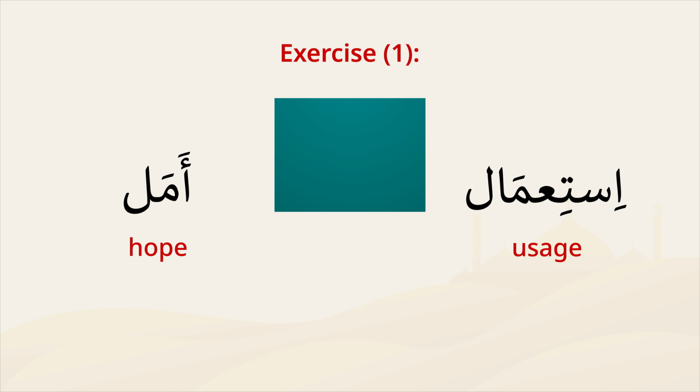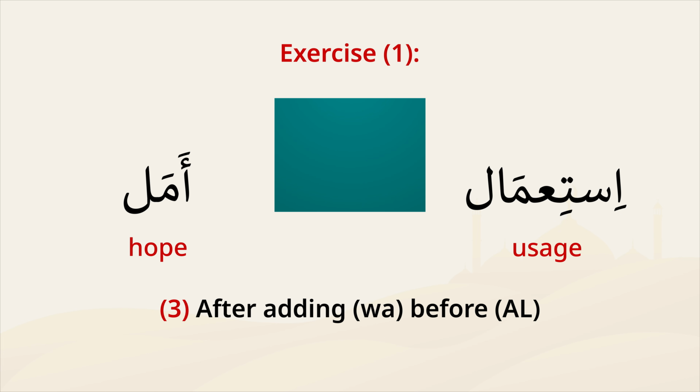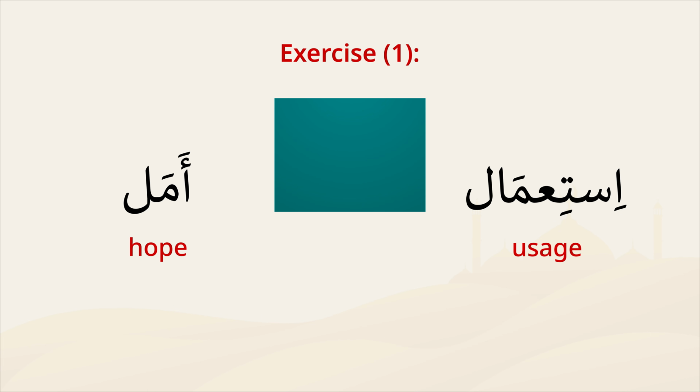Let's begin with these 2 examples. As you can see, the first word begins with Hamzat al-waṣl, while the second begins with Hamzat al-qaṭʿ. We'll do the same exercise as before. We will pronounce each word 3 times: first, on its own, then after adding al, and finally after adding wa before al. Notice that I stop the words with sukun at the end, because I want to focus on the beginnings of the 2 words. The first one will be pronounced as